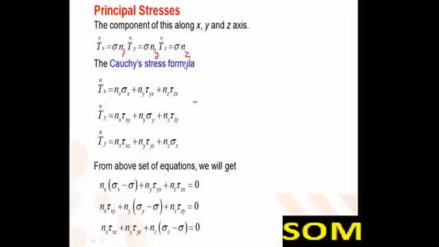By using Cauchy's stress formula, if we substitute the value of Txn in the first equation, Tyn in the second equation and Tzn in the third equation, and solve these three equations simultaneously, we will get